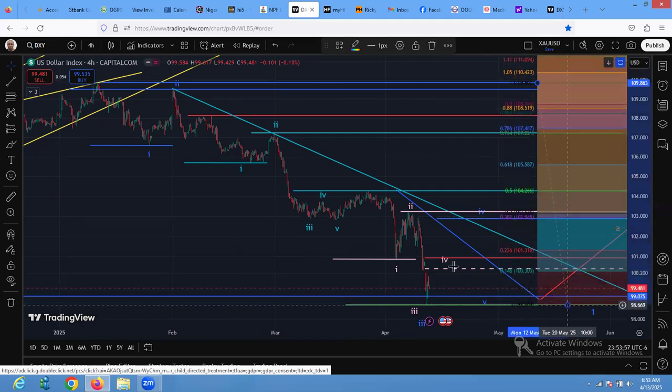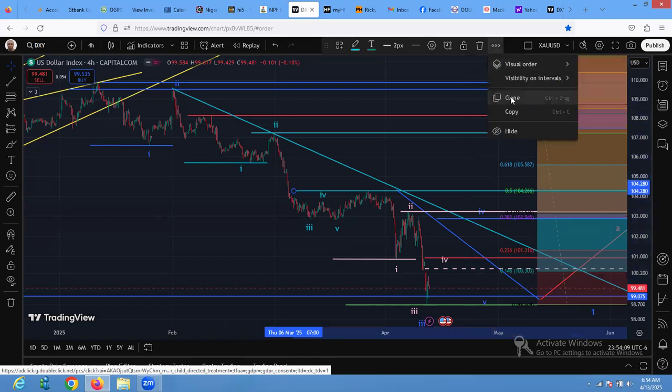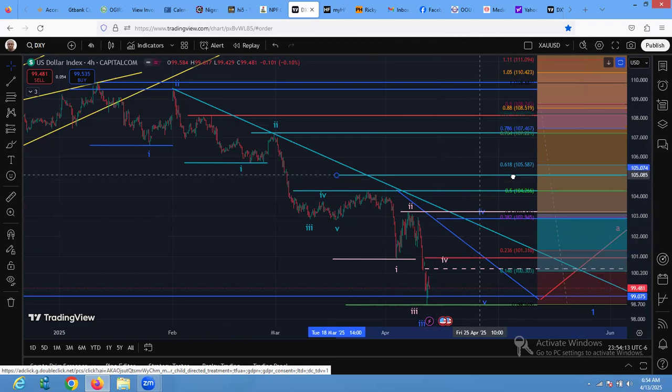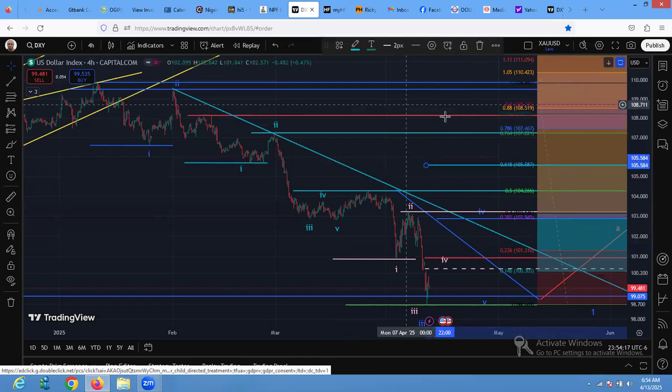So once we finish here, so that means around this area of 50 without breaking here, we may turn down again, or 61.8, we may turn down again. So it depends. So we continue to look at those levels to mark as we journey here. So without breaking this area, we can't correct deep. So once we break this area,